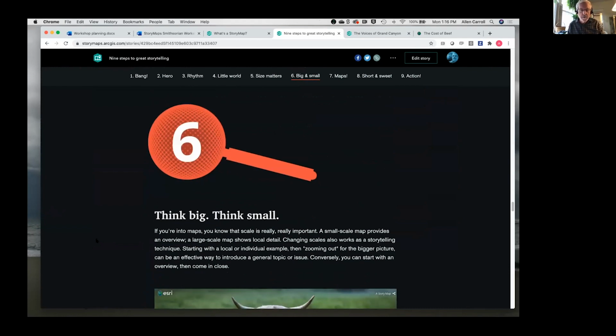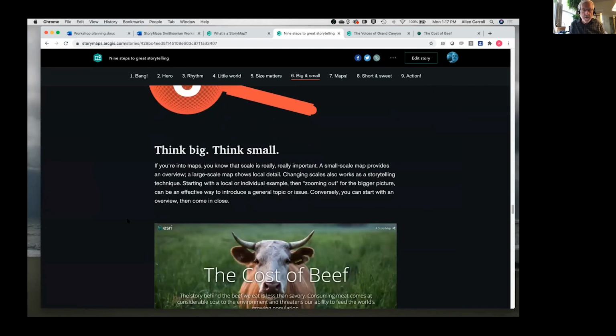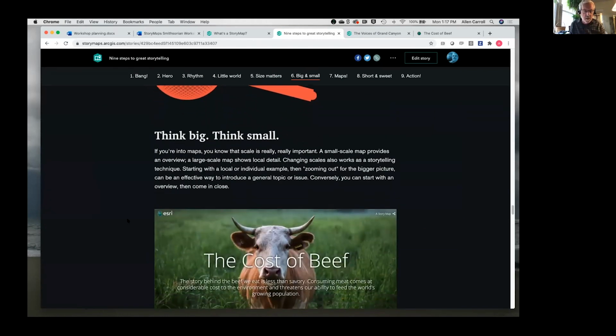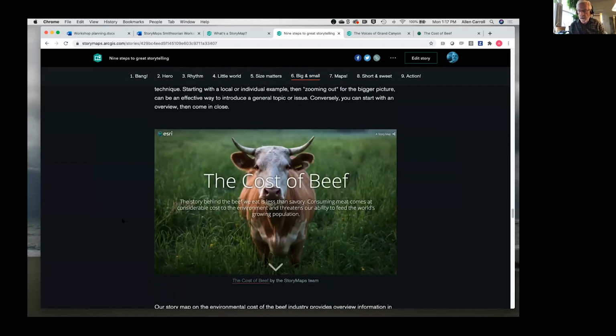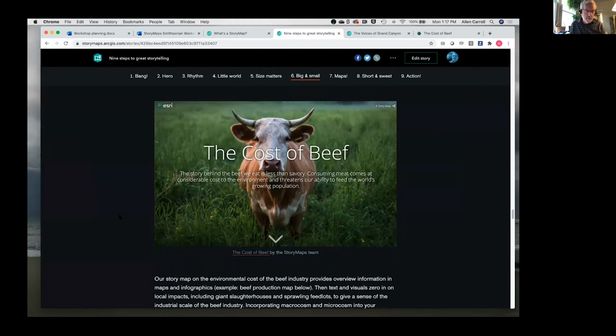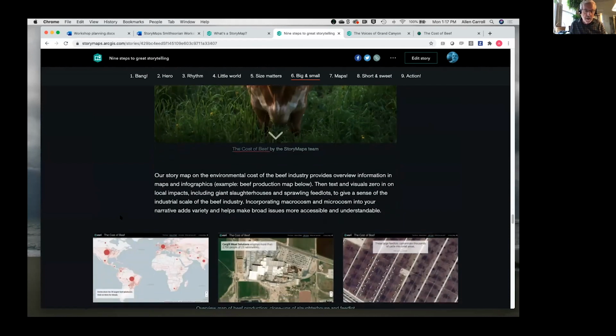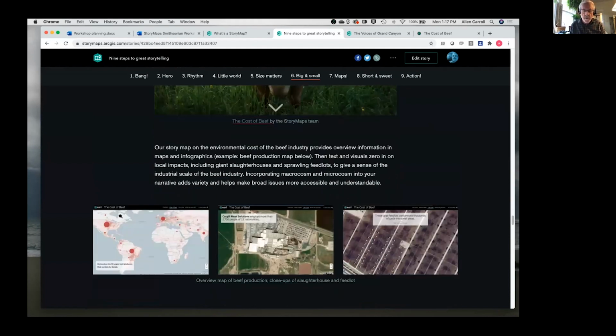This is a different way of thinking big and thinking small, or thinking large or tiny. The idea here, instead of physical size, is to think about macrocosm and microcosm. This is using one of our classic apps, but it's a story that our team worked on a few years ago called The Cost of Beef, obviously. And the idea was to help point out to people that beef might be delicious, but it's also quite expensive in terms of